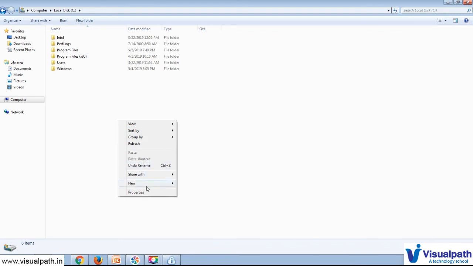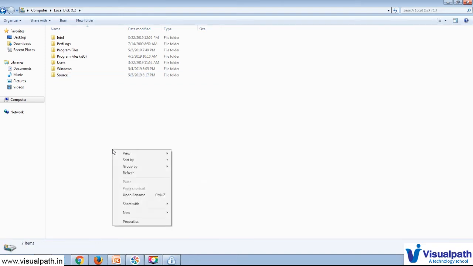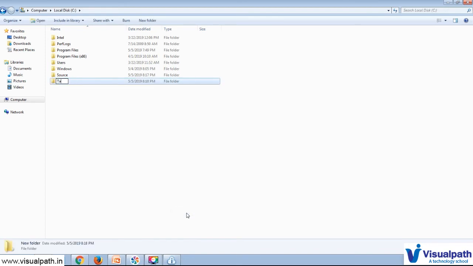So now I'm going to create the source folder. Okay, so this is the source and this is the target. For example, if you do not have both the source and target environments here itself, you need to create the